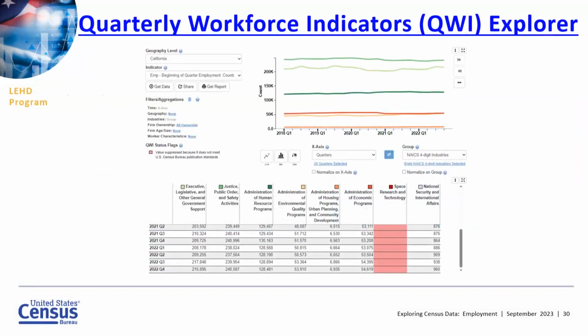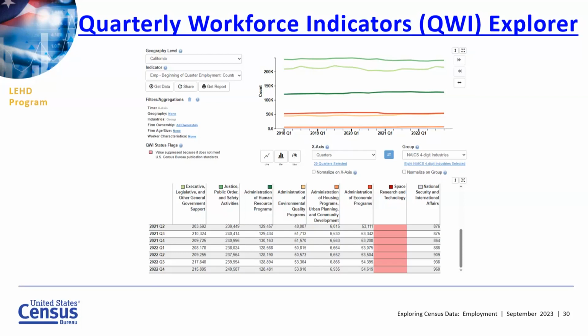First, let's look at the QWI Explorer. In this screenshot, we are looking at California employment and the 4-digit NAICS code for public administration for quarters from 2018 to 2022 quarter 4. Let's go live to see how easy it is to recreate this example. I'd like to mention that I chose California because this enabled us to go all the way down to the 4-digit. We do have national data, but the national data can only go to the 2 digits instead of the 4-digit. So let's go live